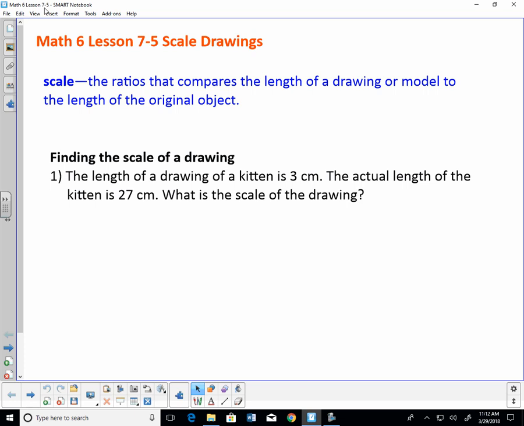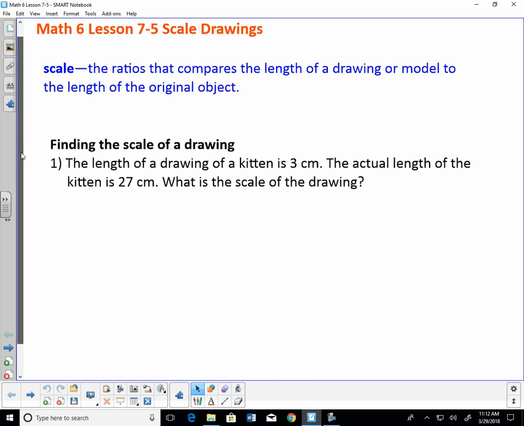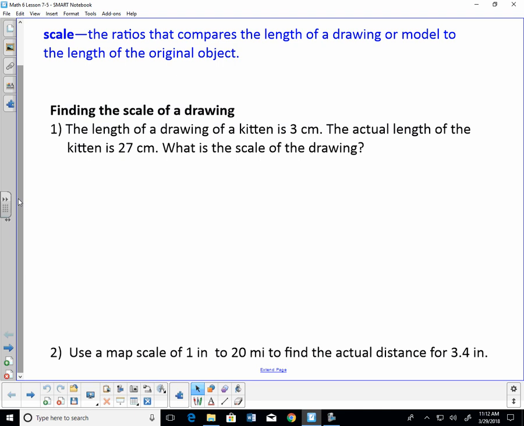To find the scale of a drawing, you need to compare. If it says the length of a drawing of a kitten is 3 centimeters and the actual length of the kitten is 27 centimeters, what is the scale of the drawing? Well, we're going to compare the scale to the actual. The scale was 3 centimeters. The kitten actually was 27 centimeters. So we have a 3 to 27